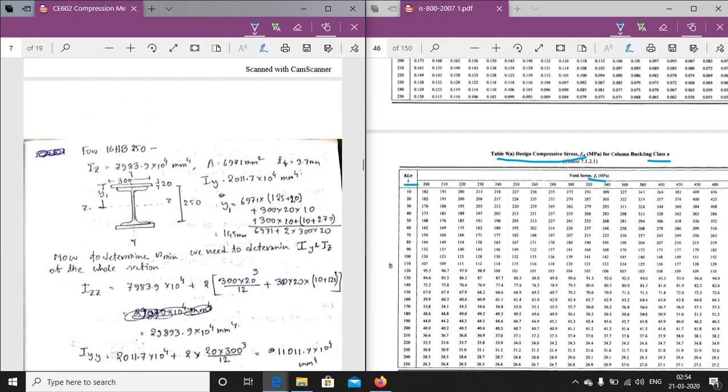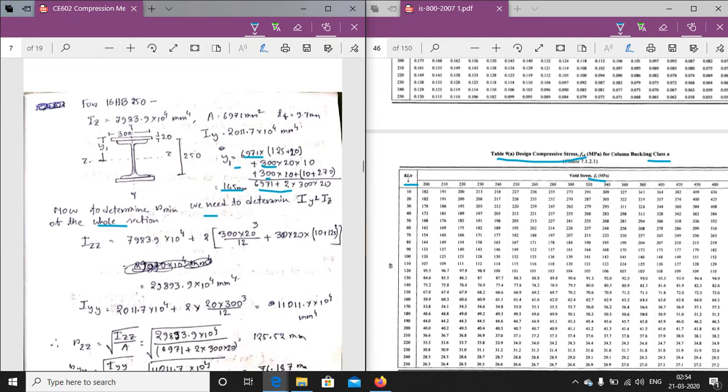So first we need to determine the CG distance, that is y-bar equals A1 y1 plus A2 y2 divided by A1 plus A2, then calculating the CG distance. Now to determine the r minimum, we need to determine Iy and Iz of the whole section. Now considering the Iz, so if this is the CG distance, we need to apply the rule